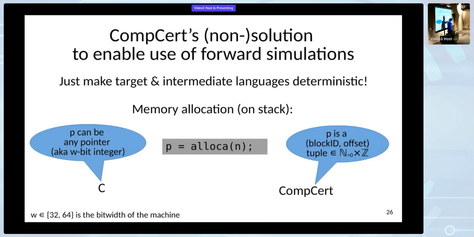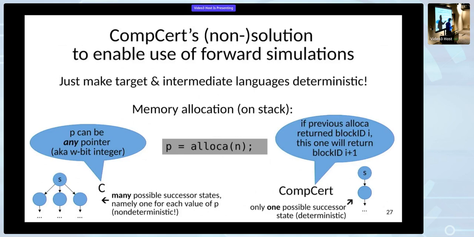In CompCert, a pointer is a pair of a block ID and an offset, and each allocation deterministically returns a block ID which is just one more than the previous block ID. And like this, the language is all deterministic, and it's all beautiful. You can still use your forward simulations. But in a sense, it's not that realistic, I would claim, and especially if you're trying to combine